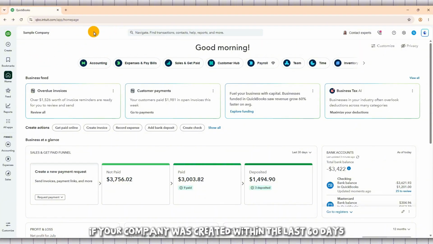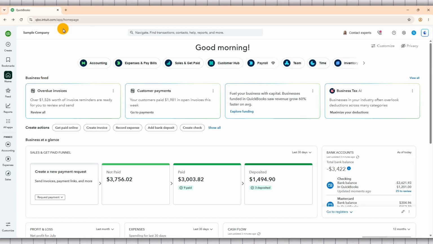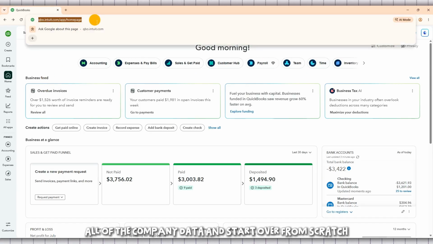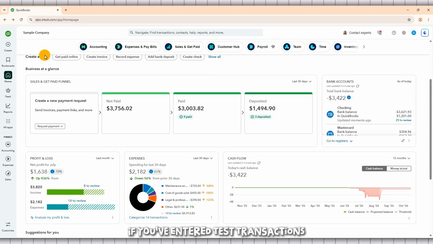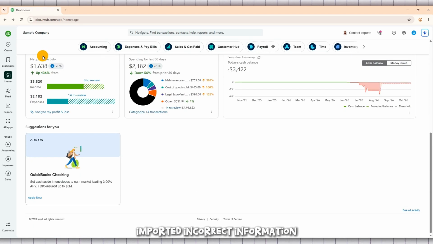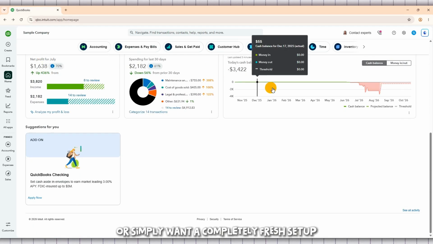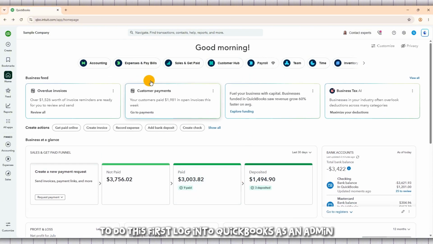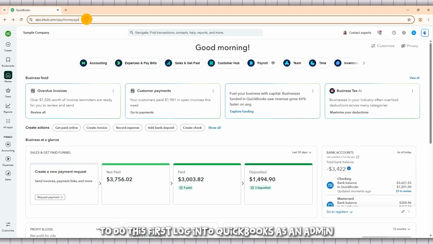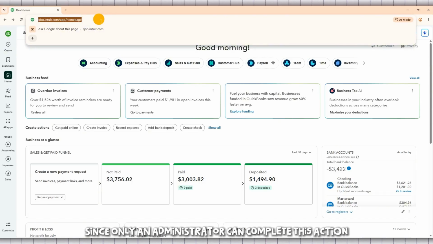If your company was created within the last 60 days, QuickBooks gives you a way to erase all of the company data and start over from scratch. This can be especially useful if you've entered test transactions, imported incorrect information, or simply want a completely fresh setup without creating another company. To do this, first log into QuickBooks as an admin, since only an administrator can complete